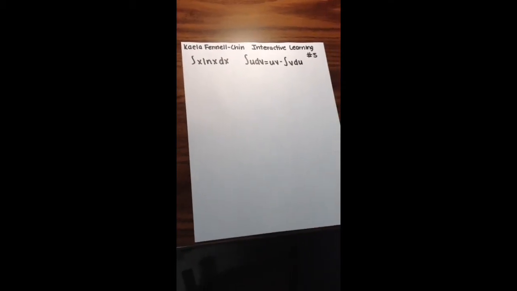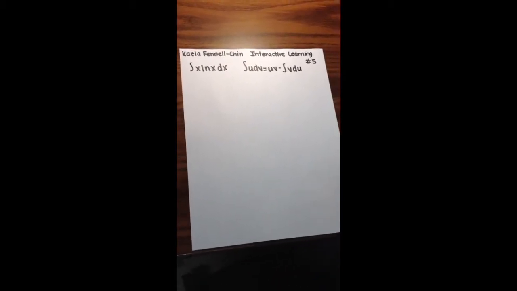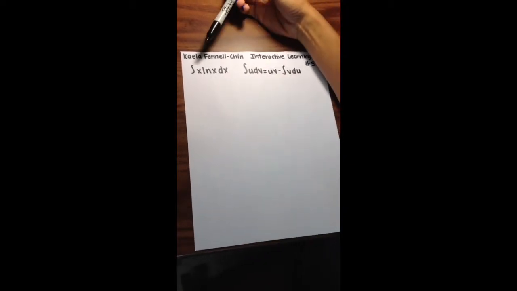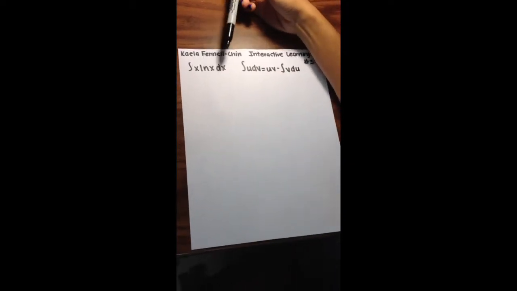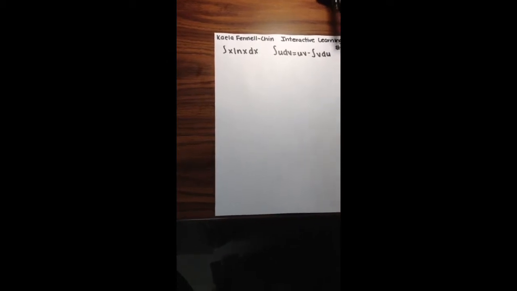My problem that we're going to be doing is trying to integrate these two functions multiplied by each other, which is x ln x dx. And to take the integral of this, you're going to have to use something called integration by parts, and the formula for integration by parts is the integral of u dv is equal to uv minus the integral of v